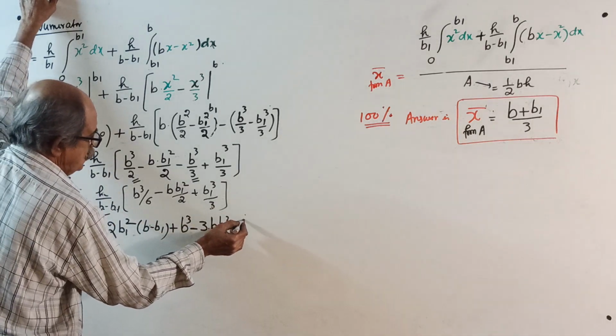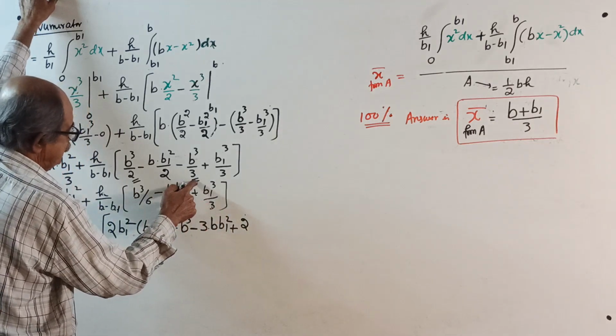Here 3 is there, so 2, is it correct? See here 3 is there,